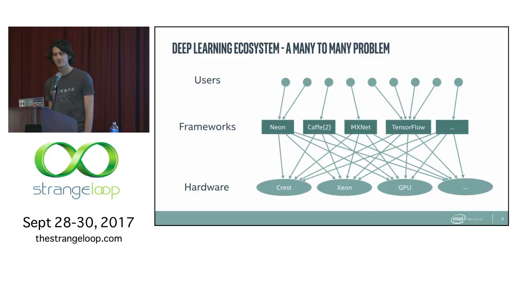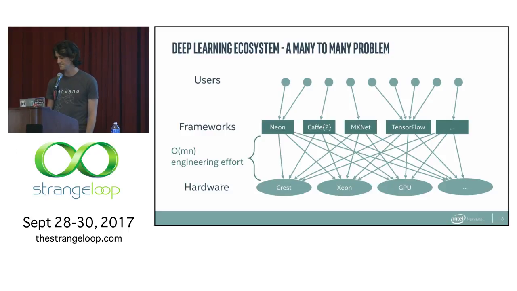So as a user, this is great. You have a lot of frameworks to choose from. But the problem is that there's a huge amount of engineering effort in order to map these different frameworks onto different devices. The framework author is responsible for writing a backend for many different types of deep learning hardware. And the deep learning hardware designers and the system software programmers are responsible for selecting a few popular frameworks. So this is a good way to limit innovation by basically locking in an ecosystem.